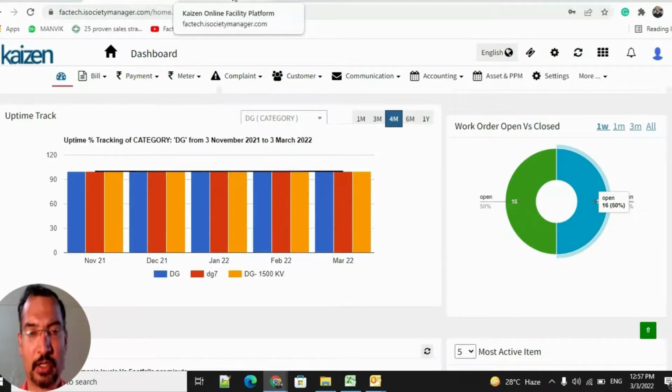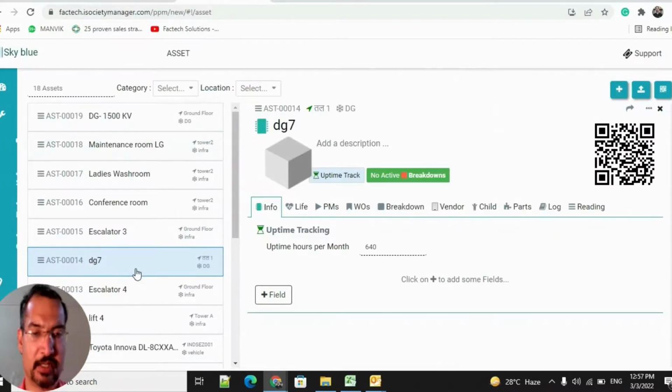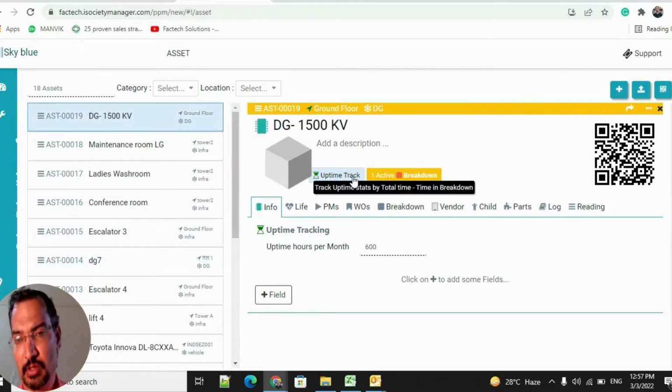So how can we configure the operation hours? For that we need to go to the asset, and say this is one asset, DG7 or DG15 kV. So here we need to add the